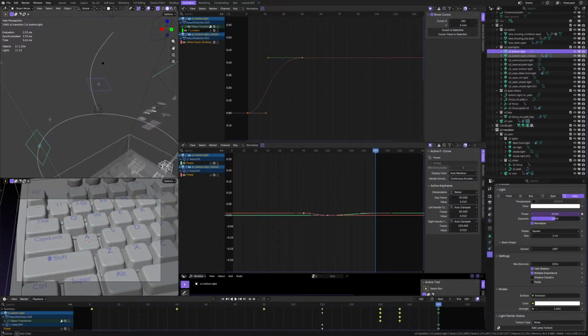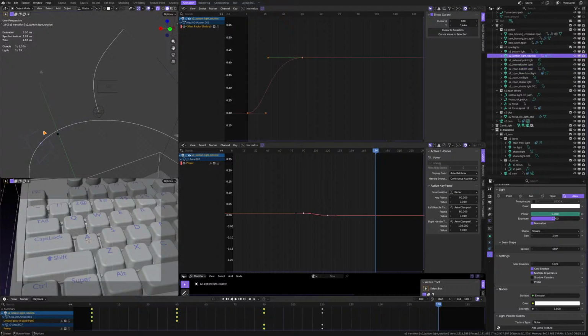So I will have to have transition these two lights. Wait, actually set the frame to 1. Will this change the position? Think so. I don't think so. On the y-axis